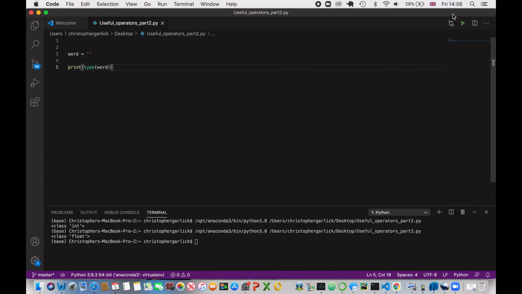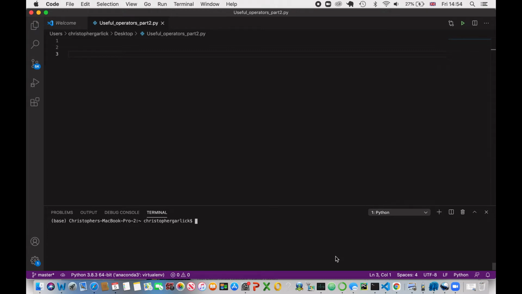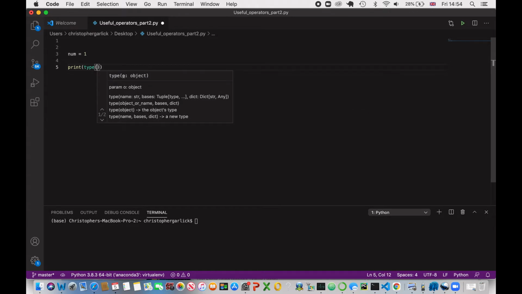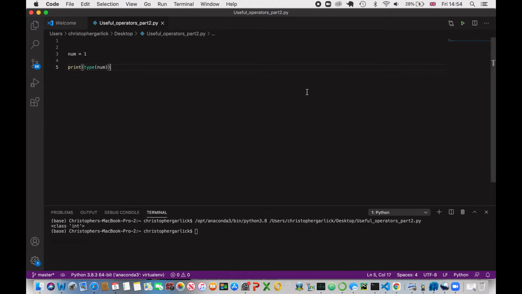Today we will be looking at some more useful operators, including how to grab user input and manipulate the data the user has inputted. Okay, so the first thing we're going to look at is the type function, and the type function actually comes built in with Python. It basically allows us to check the data types that we have and just to see what data type it is. So for example, what we can do is just create a variable, and for argument's sake I'll name it num, and we can just assign it any number. Now what we can do is use the print function and pass in the type function with a parameter of the variable or the data type. So for our sake, I'm going to use the actual variable name,